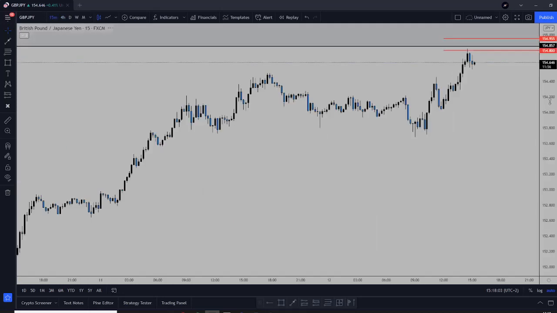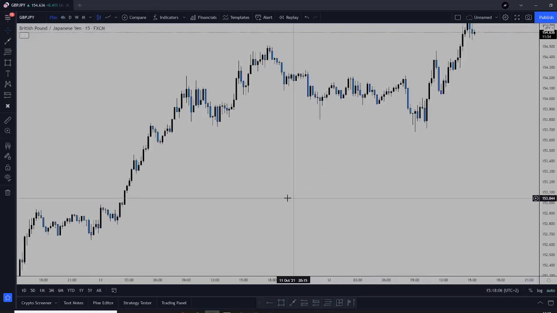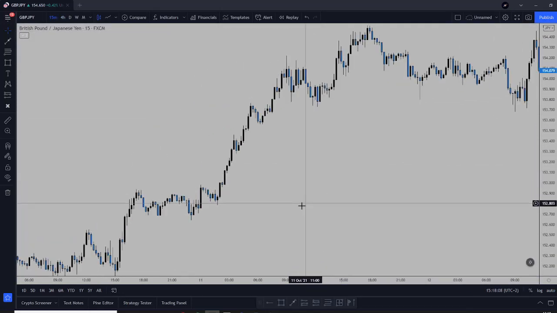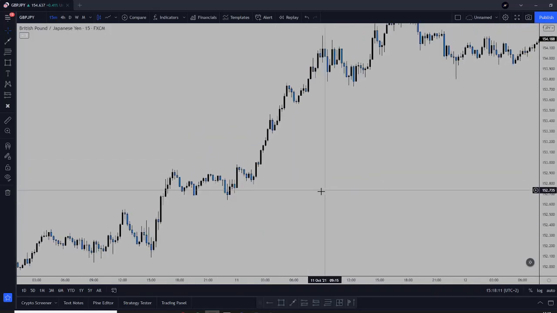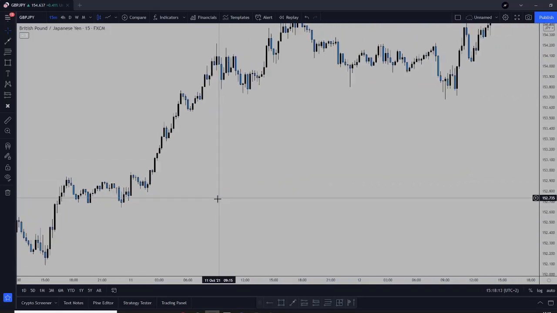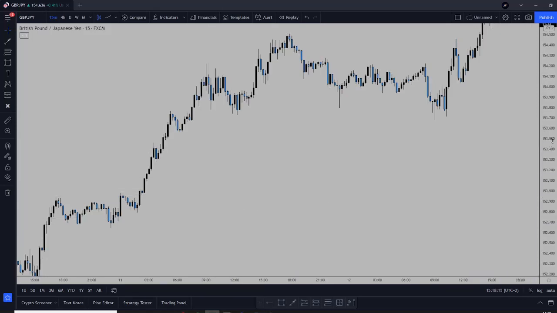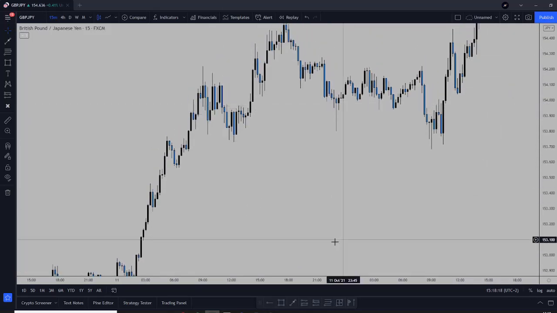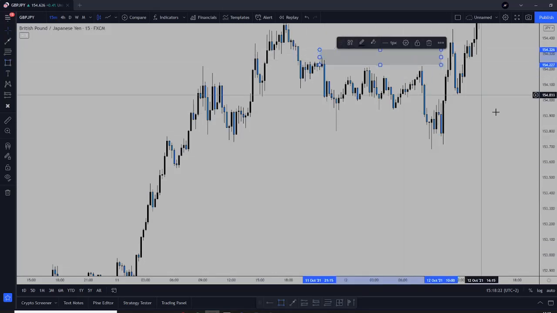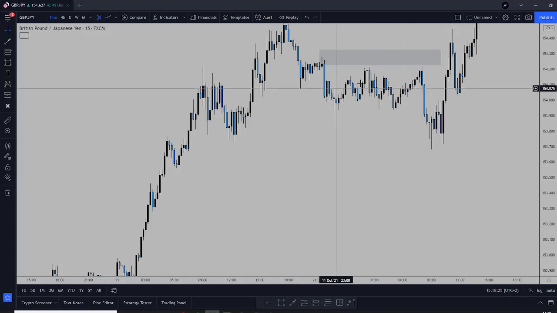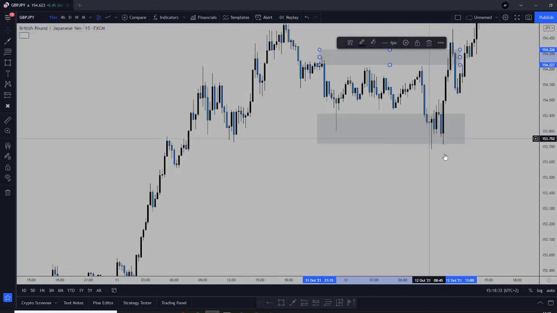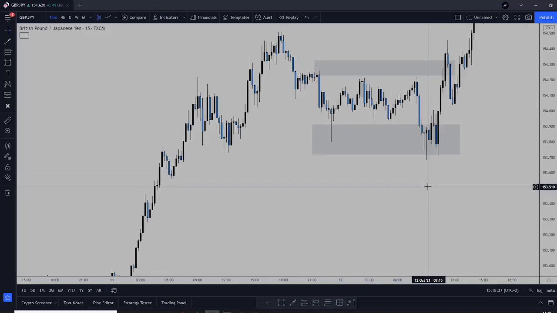Now let me just drop down to the lower time frame. As you can see, I'm going to show you some examples of liquidity runs. So we have another example over here. We have a lot of liquidity above this ranging price action. We have liquidity below, as you can see. And this actually happened at London Open, which is my time, around 9 in the morning.